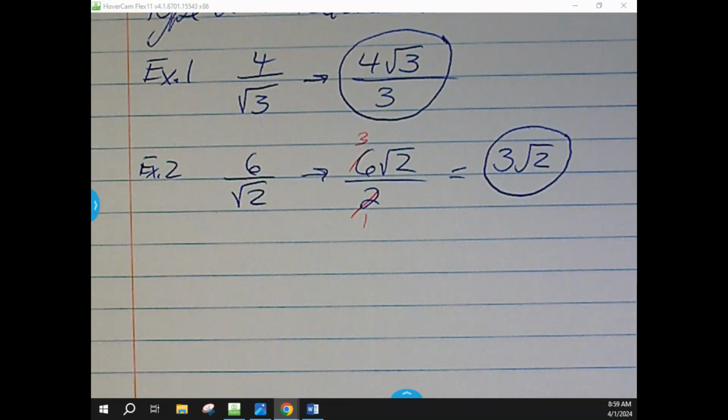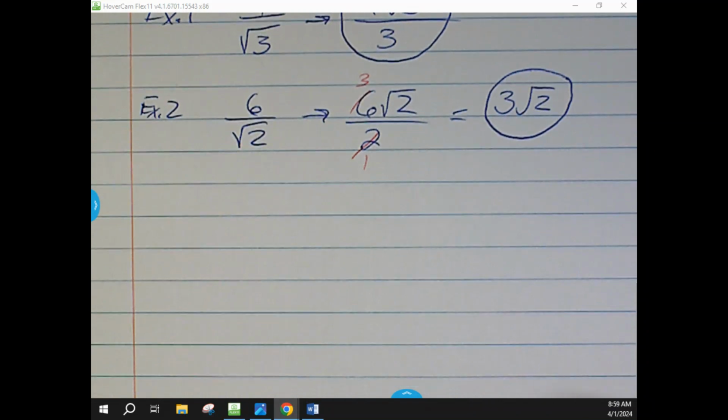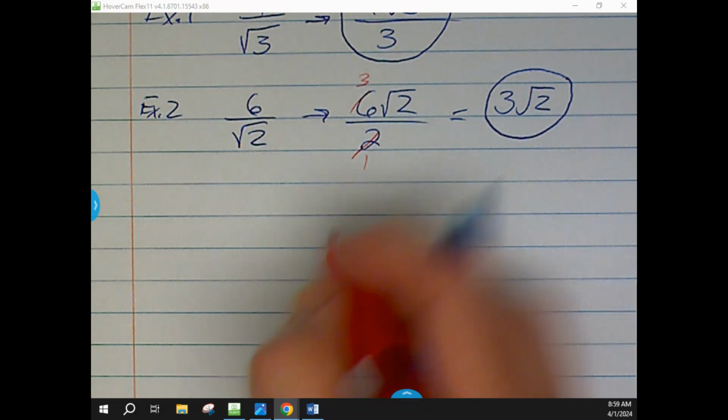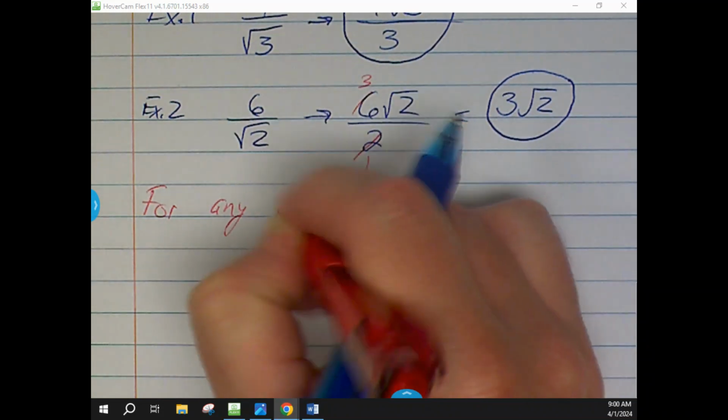Okay, so that was a shortcut just for square roots. We did that with the unit circle as we worked through finding out secant, cosecant, cotangent, all those different things. We're basically working through and finding those parts of it. So that's kind of the shortcut just for square roots. For any other root,